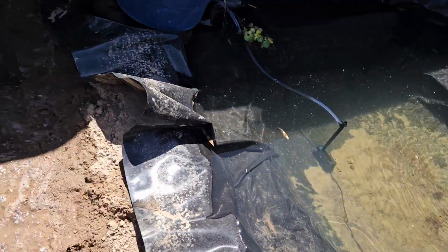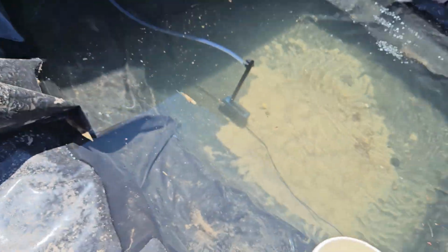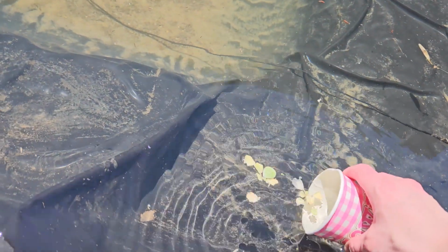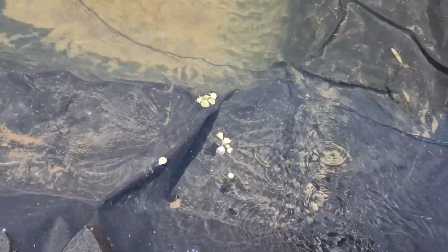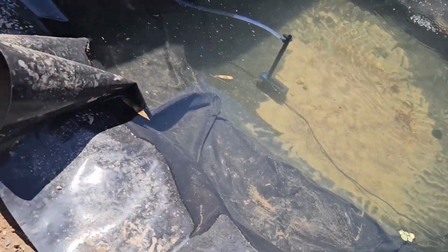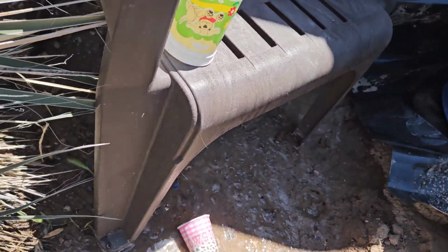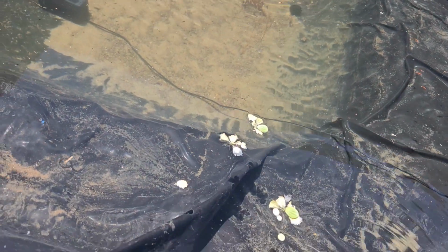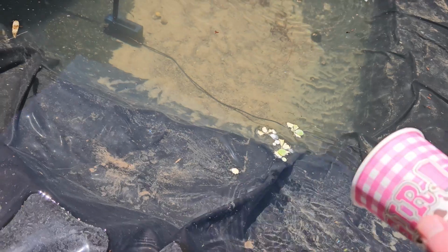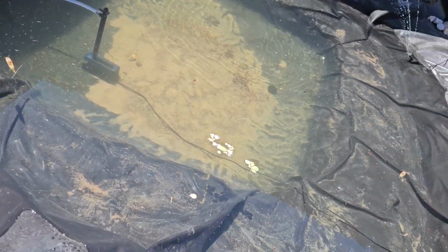All right, let me get the rest of my plants in here. See if any of those survive. Some more snails. Get in there, snails. And this is dwarf water lettuce. So dwarf water lettuce is a plant that you can have in the pond. Unfortunately, it's not a turtle safe plant, so that's the downside of that. So I will have to